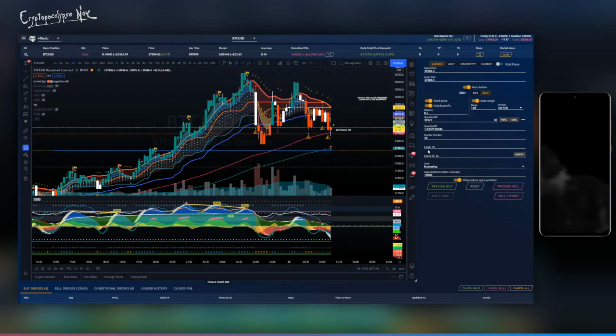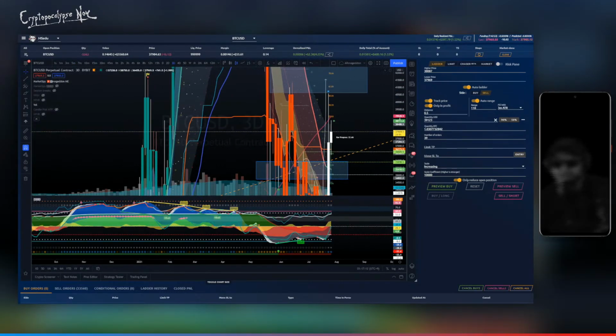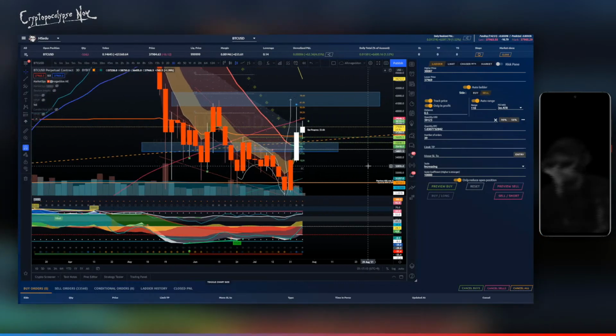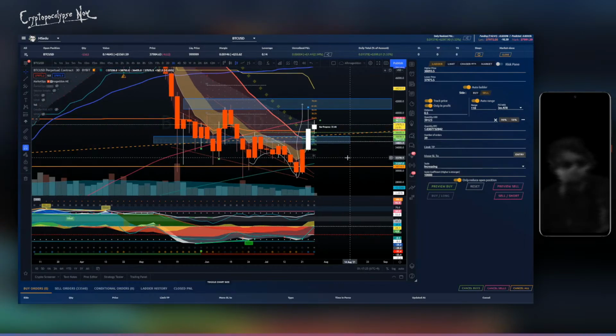Okay, so that's basically what we're looking at. We're looking at this 3D chart right here. You guys know we're in the green right now. We closed one full candle. It's a power candle, but this power candle calls for a pullback. Why? Because